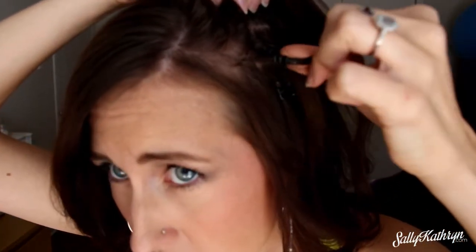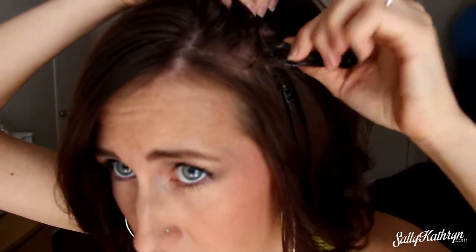So you can see here. And the woman that did them, she did 2 links per piece of hair, so it's extra secure in my hair. So yeah, really great method of putting hair extensions in your hair in a non-permanent, permanent fashion without using heat